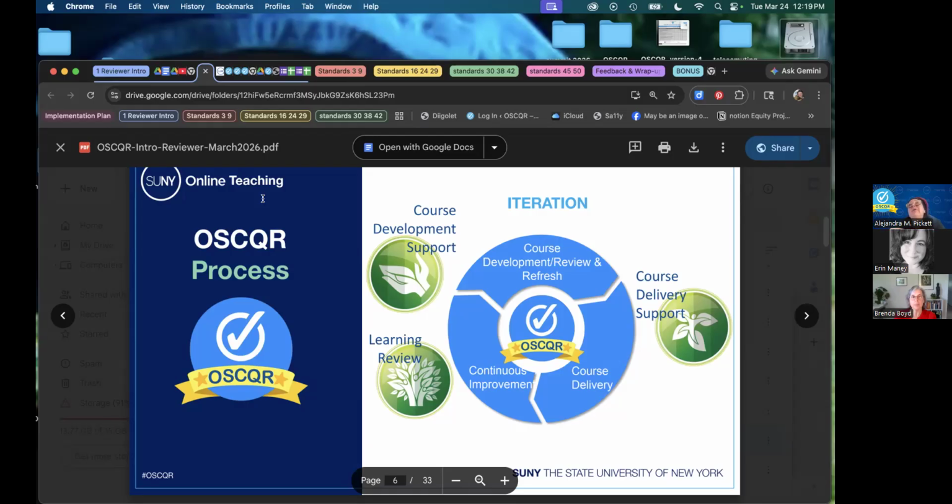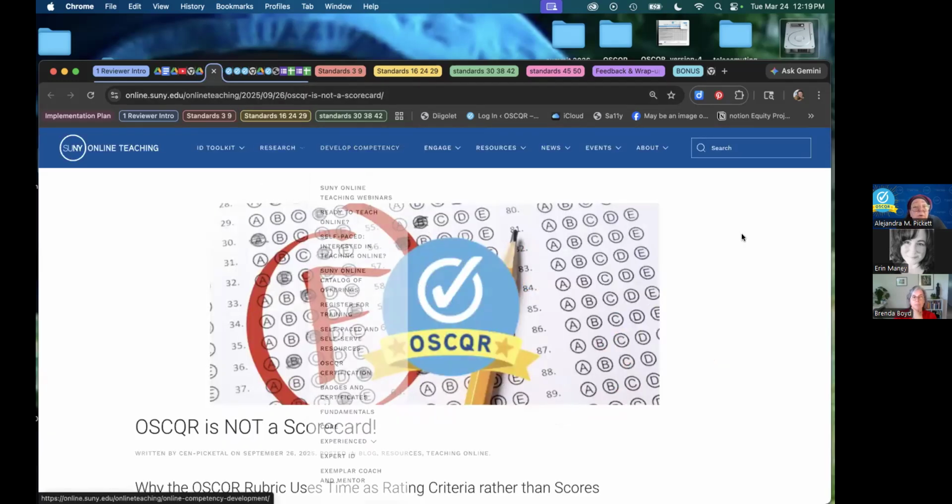So it was intended to be able to accommodate both self-assessment and informal types of reviews and refreshes, and then more formal types of reviews and refreshes that might include a formal review by an instructional designer or teams of people looking to improve courses, whether those would be peer reviewers or sort of multidisciplinary folks. So those are the main things that I think distinguish OSCQR from other rubrics.